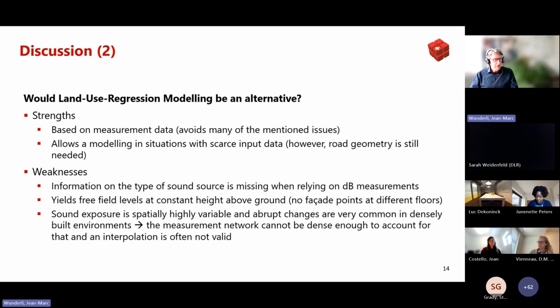Another point is that it yields free field levels at constant height above ground. So all these discussions about the importance of facade points, this differentiation is not feasible. And in general, as I tried to show you, sound exposure is spatially highly variable, and abrupt changes are very common in densely built environments. Whether you are in front of a building or in the back, you can have a 15, 20 decibels difference. So the measurement network cannot be dense enough, in my opinion, to account for that, and an interpolation is often